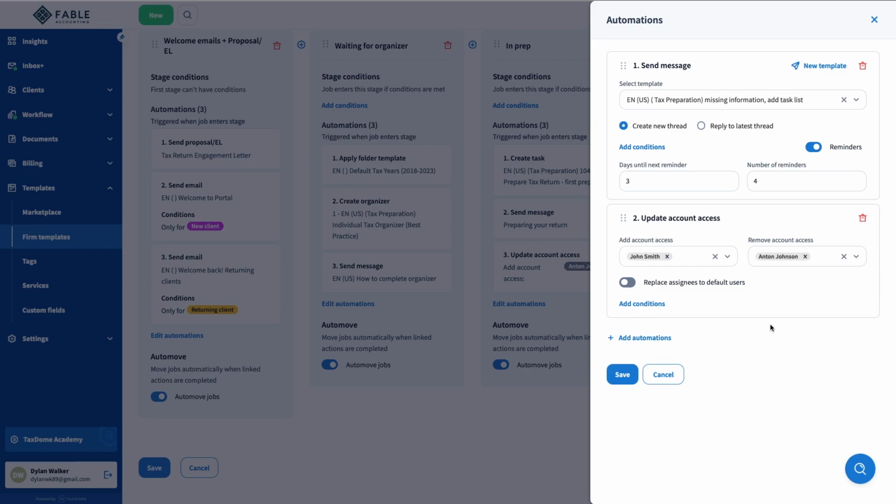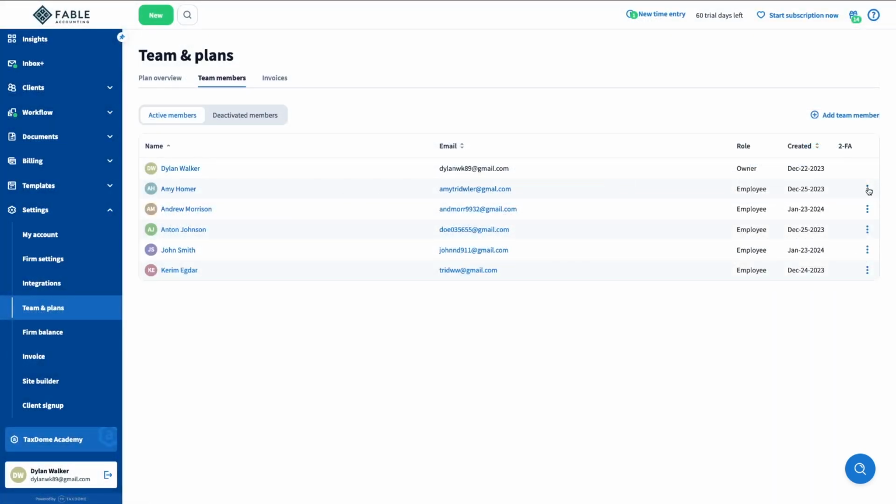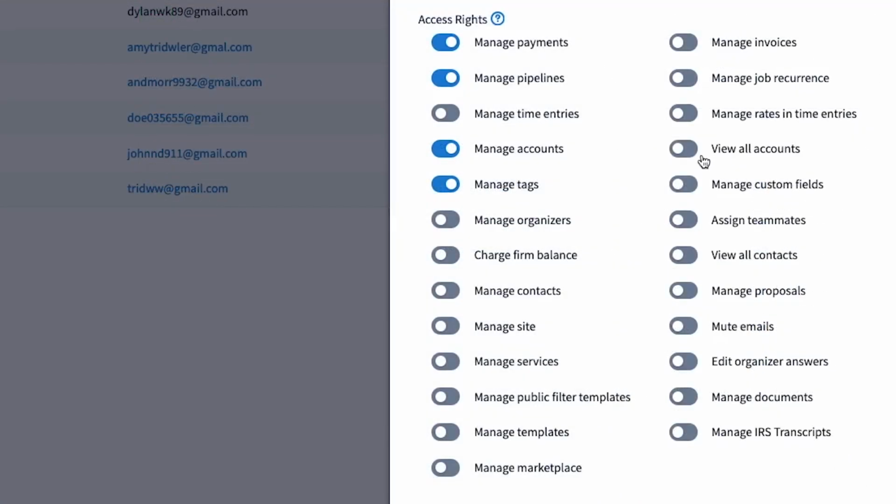make any manual adjustments. Alternatively, you can give some of your team members, such as managers, access to all client accounts, and as a result, all jobs as well. This is done from the Team and Plans tab, where you can enable the View All Accounts toggle for an employee. While we're here, you will also want to choose whether you want to give them the ability to manage recurrences with this toggle. That allows them to add accounts to the recurrence schedule and also edit schedules for added